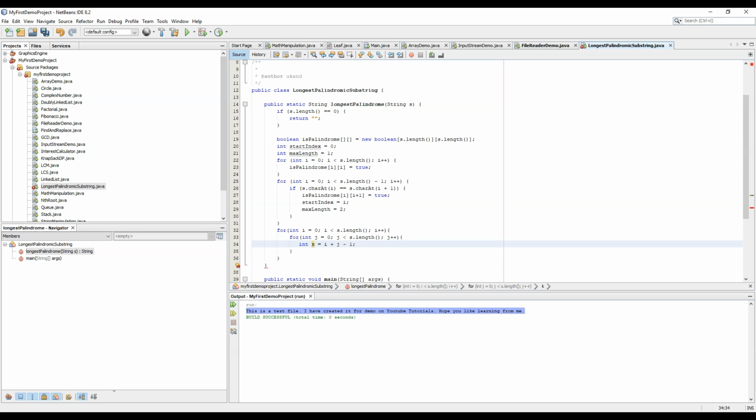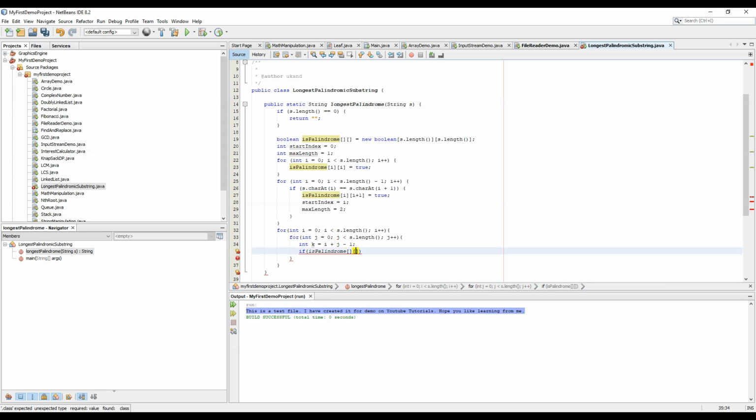So i plus j minus 1 would be the character to check for the jth element on the ith iteration. Now we may write if is palindrome. Now we are writing the overlapping substructures problem, or the dynamic programming algorithm. So we are memoizing it, and we are getting the smaller substructures from it. So this should become j plus 1, k minus 1,